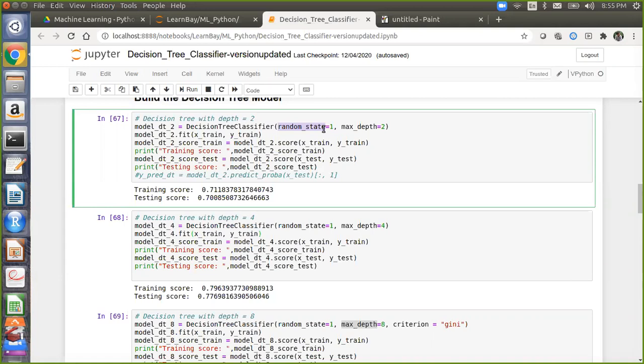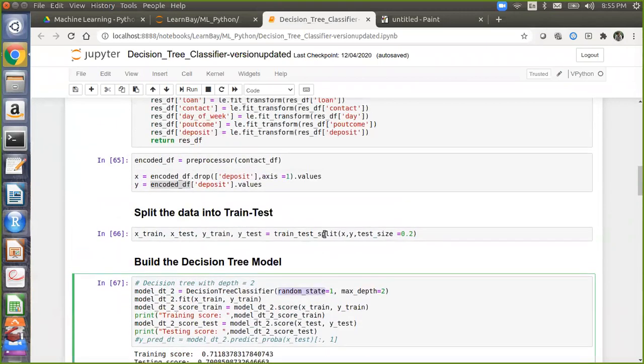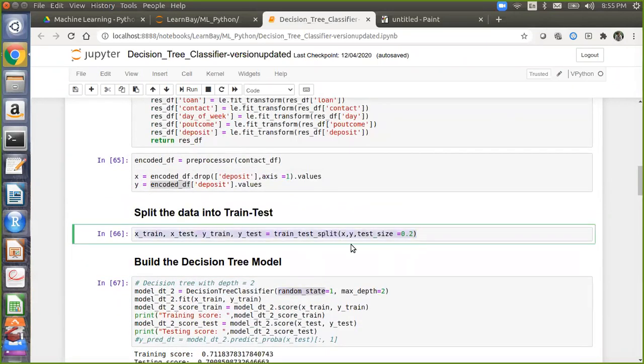I have a question. For the train test split, it will shuffle the whole data set and split it into train and test, and then the decision tree will further reshuffle the training data set? Yes, if you want to do that, you can do that in random state. Otherwise, if you don't, that is also fine. This parameter has been given because previously we did not have this library available. If you go back 4 or 5 years, this train test split library was developed very recently.